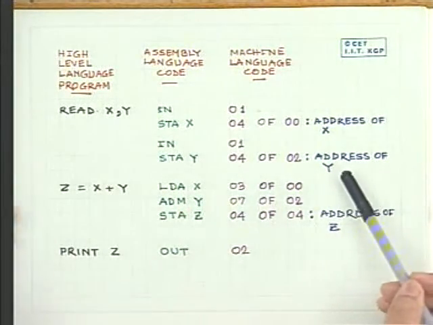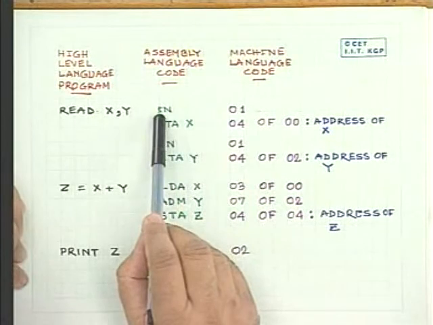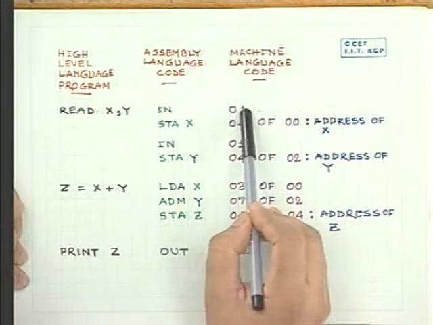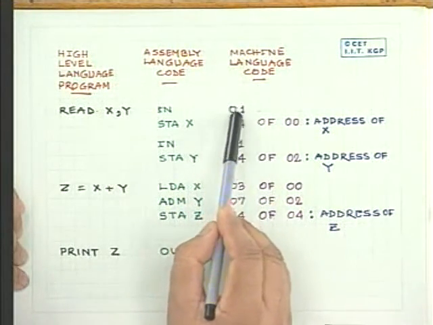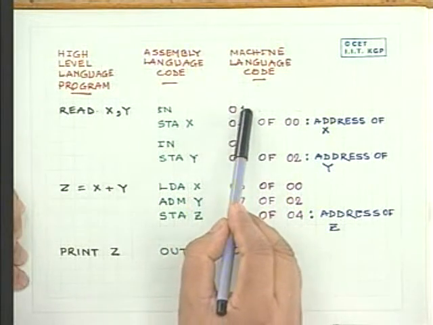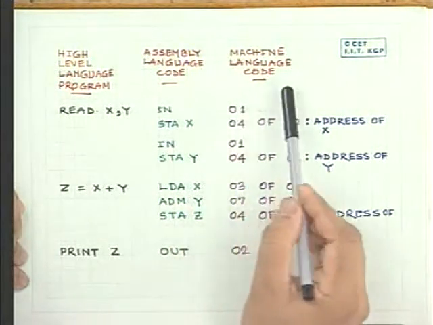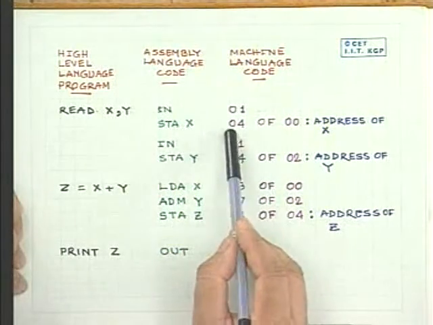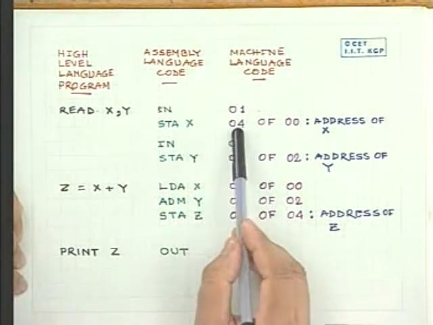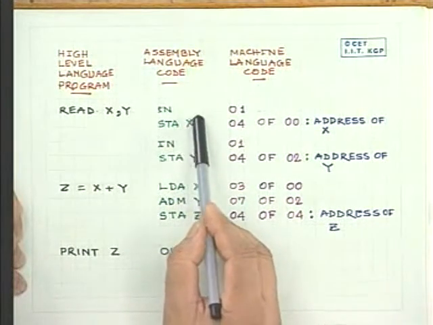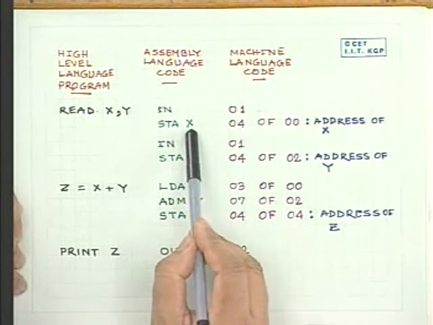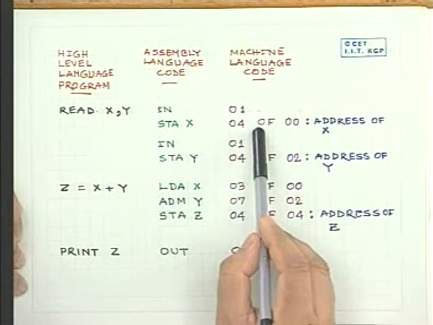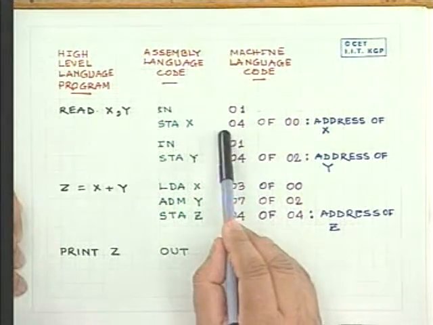Okay, actually it will be ultimately in binary when it will be loaded into the memories of the computer. Now I have assumed that IN has a machine language operation code 01, right? This is an instruction or opcode or operation code which tells the machine that something has to be inputted from that input device, right? Similarly, the store accumulator X, the store accumulator instruction is 04, okay, and that X is a symbolic address of a memory location. I have assumed that the address of that memory location is 0F00,